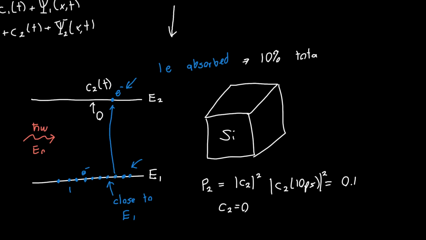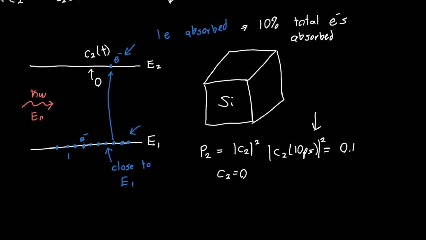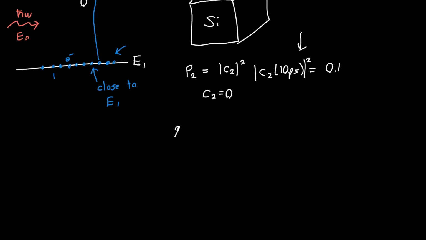And this corresponds to magnitude C2 squared equals 0.1. So if we're interested in the percentage of total electrons transitioning, or getting absorbed,